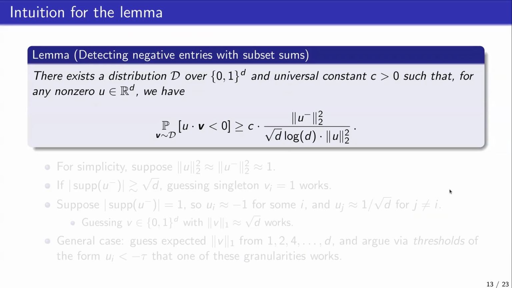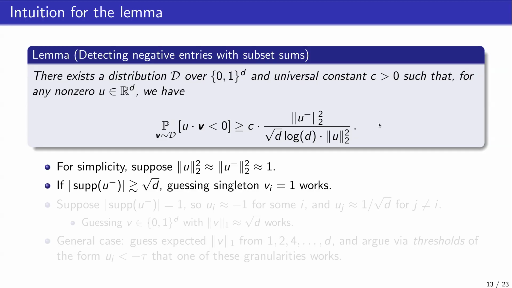Now, I don't want to prove this lemma to you because it's not technical, but it has a bunch of calculations. But I want to give you an intuition for why you might expect this lemma to be true, enough that you would just try to prove it yourself, perhaps. So let me try to convince you that this may be true. For simplicity, let's assume that these square weights on the numerator and denominator are roughly some constant. Maybe they're between 1/2 and 2 or something like that. So we're not going to worry about these values. Let's just assume that this is roughly balanced. It's a big simplification, but still.